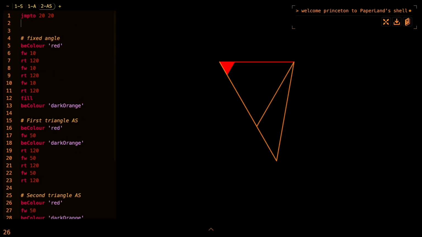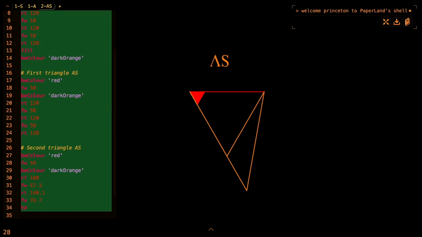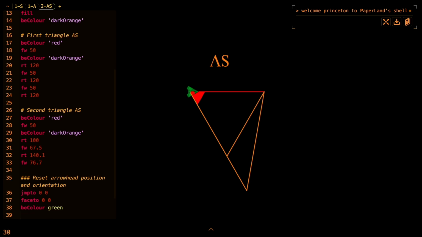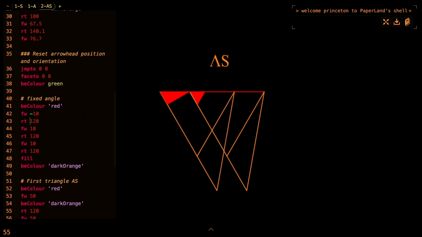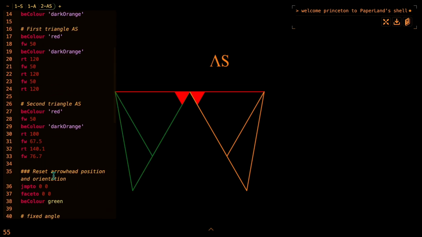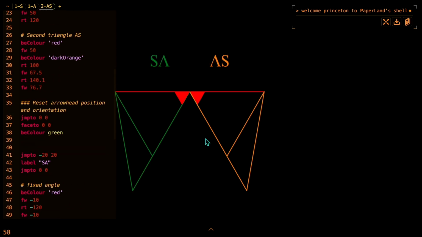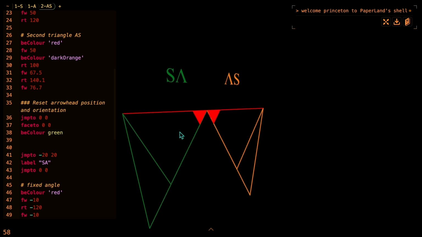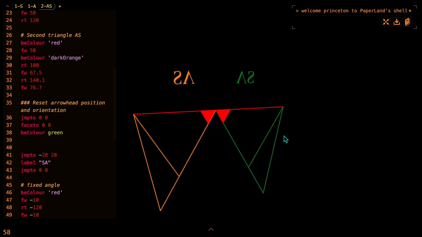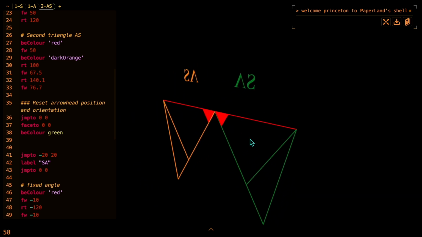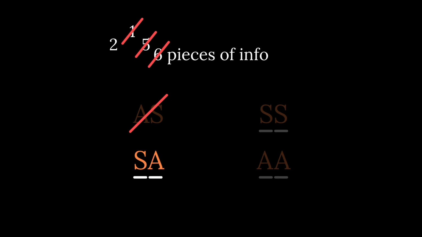Why is that so? That's because angle side contains the same information about a triangle as side angle. If you don't believe me, we can compare the evidence against angle side on the right in yellow and side angle on the left in green. If we rotate them about the z-axis, you can see the proofs are exactly the same. The order doesn't matter in this case due to symmetry. So now you know, we can cross out SA2.